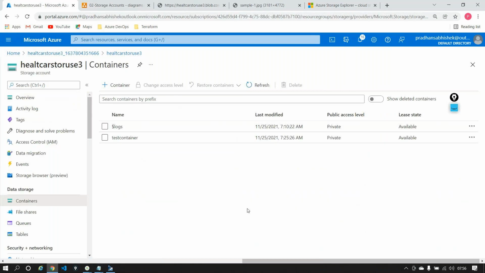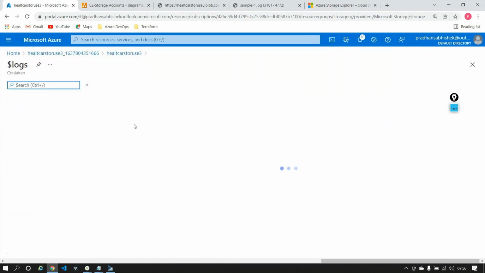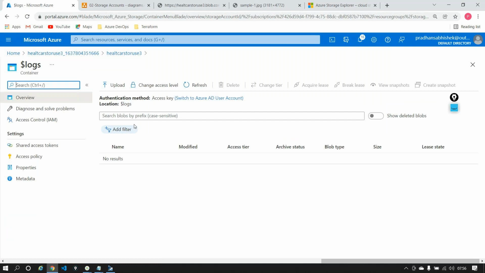Whatever happens to your blob, at the end of the day, is nothing but a server in the backend on which you're storing data. A server can have issues, and when you have issues, you need logs to understand what they are. So all these logs will be stored in something known as a dollar log folder out here. As of now, there are no issues and nothing is saved out here. It's a system generated container.